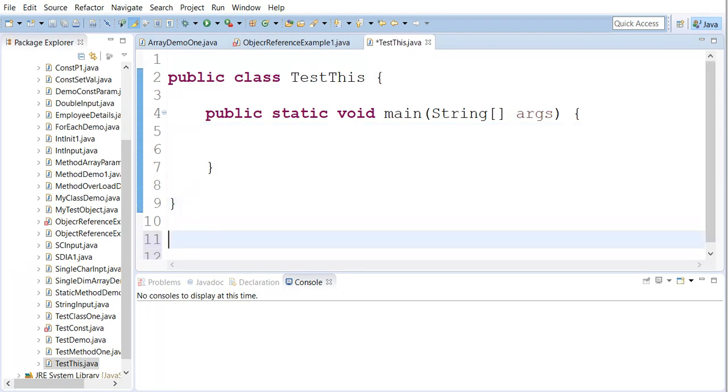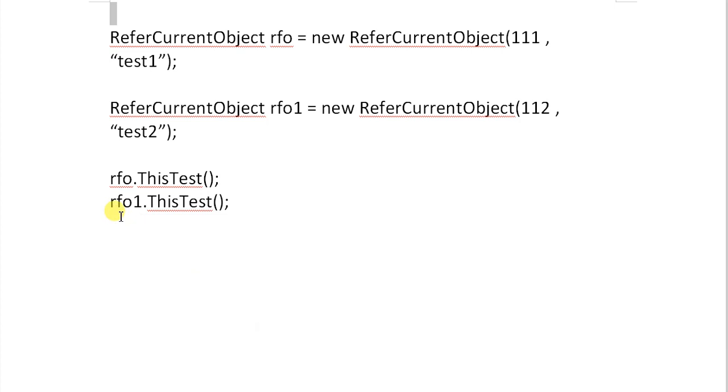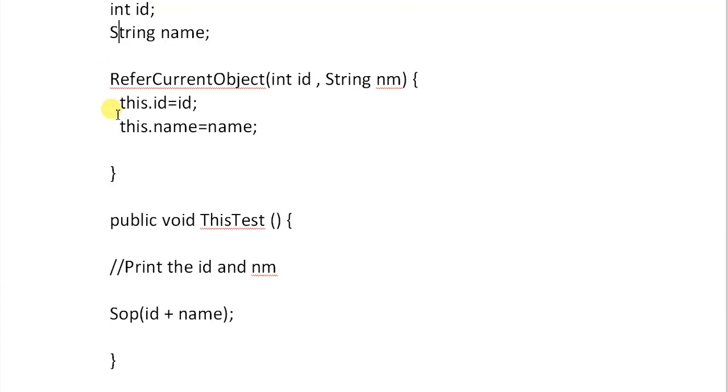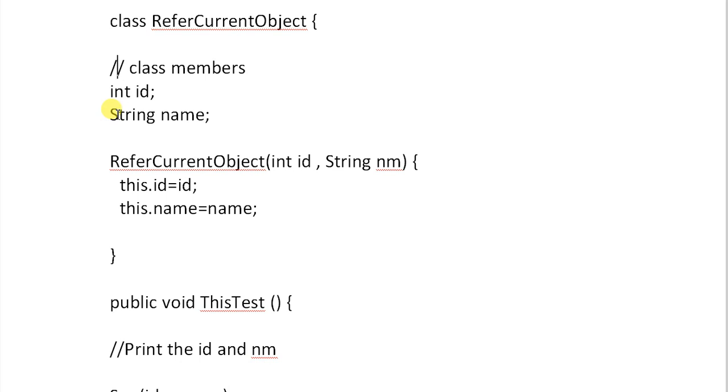Okay, now let us go up. Fine, let us create the class called refer current object. What is the job of the class? To define two class members and one parameterized constructor.